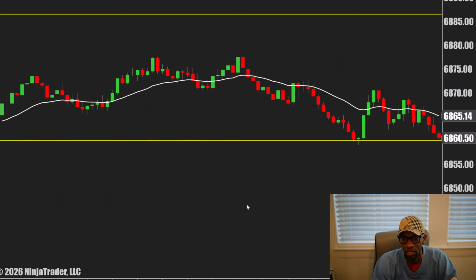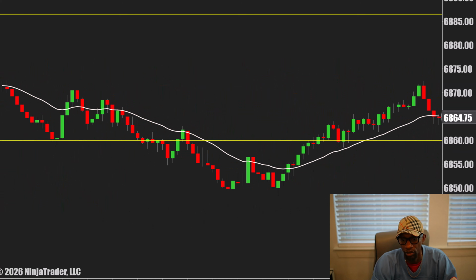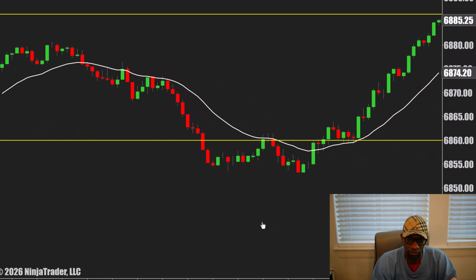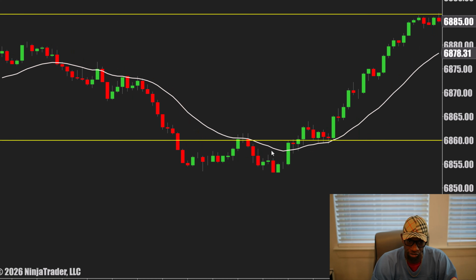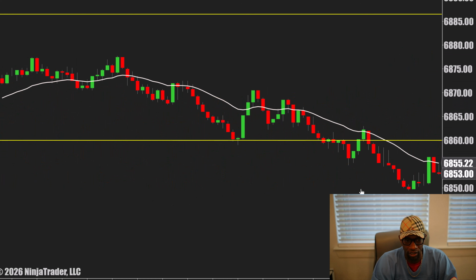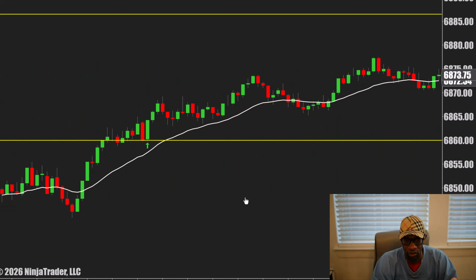68.85. We hit that target today. Oh, it broke back lower again. Now, of course, you wouldn't have survived this because it would have come and got you. It broke back under here. But it did hit that target, though. But you would have had an easy win well before that.